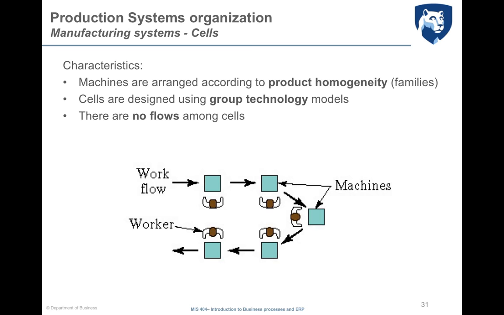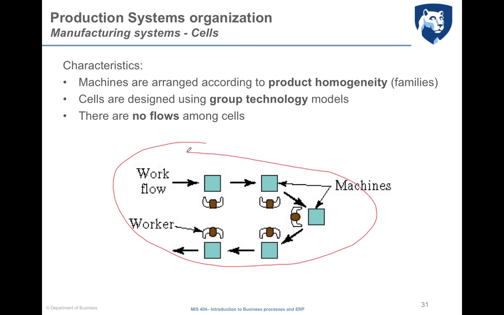The second option for the manufacturing system is manufacturing cells. This second approach is totally different from the job shop one, because manufacturing cells are groups of machineries or people that are grouped in a way that makes the manufacturing process more efficient. As you can see from this representation, in a manufacturing cell,